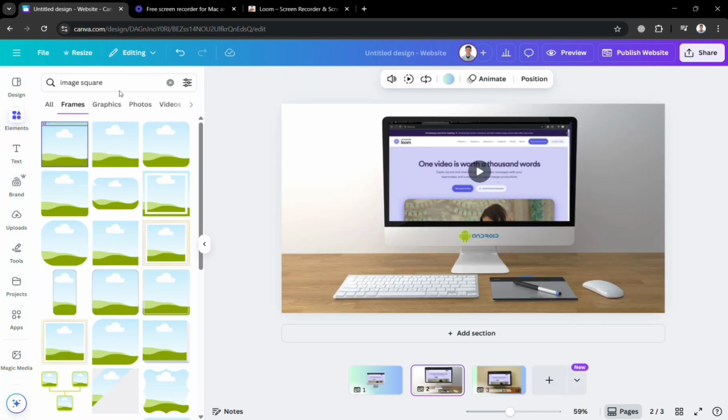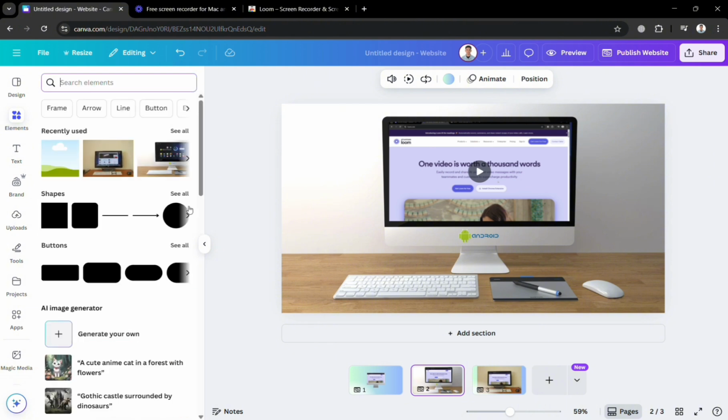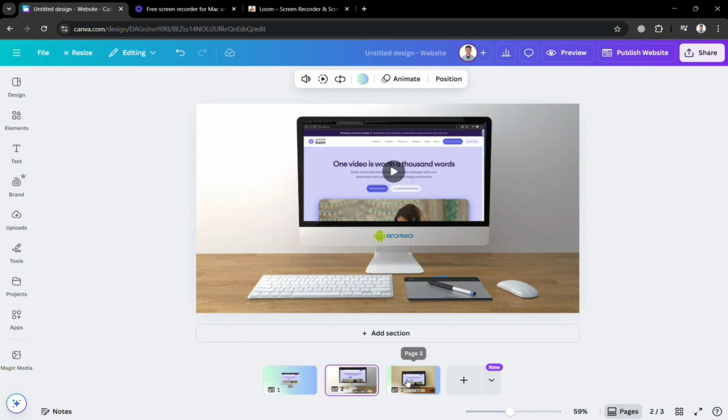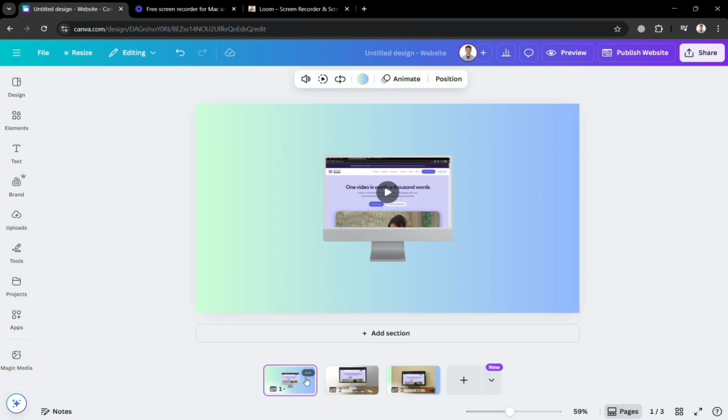And they also improve communication among team members and clients by providing a clear, interactive representation of the final product. And ultimately, scrolling mockups streamline the design process, reduce development errors, and lead to more user-friendly and visually cohesive